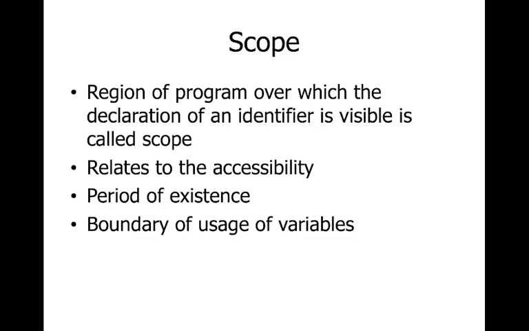So we have two types of variables: one is local variable and the other is global variable. Local and global variables are actually related to the lifetime of that variable. Lifetime means it is a period during execution of a program in which a variable or function exists. So there is a lifetime for a variable. It will be existing in the program for some time. How long that variable will be existing defines the lifetime. So based on that lifetime, we have local variables and global variables. We will see an example of this lifetime or scope of a variable.